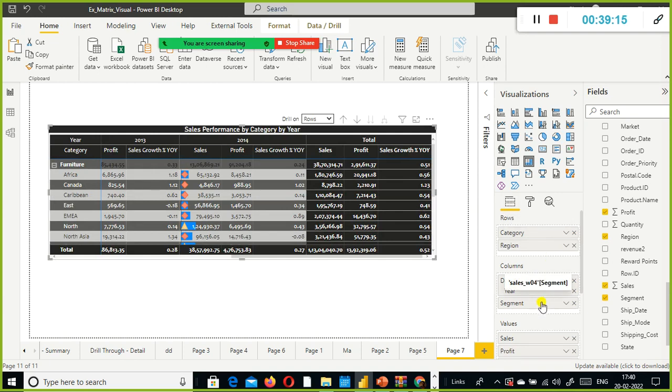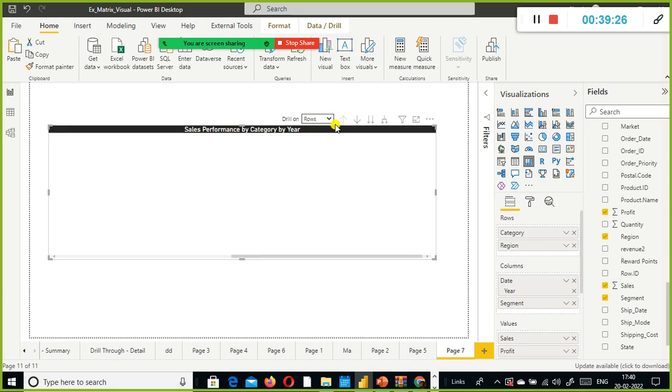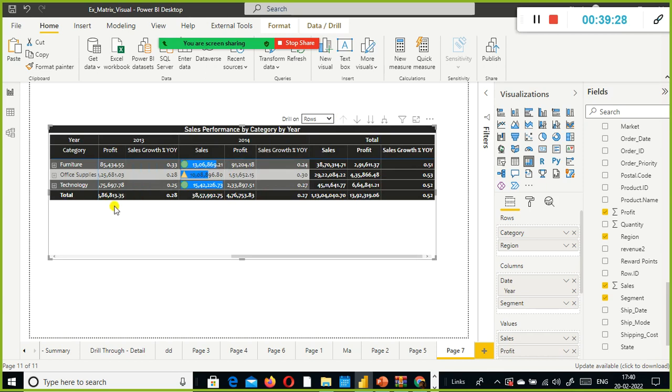So date, year, and segment, this is enough. And we can see the year, right? So year 2013, and category also we could see, under furniture, technology, office supplies, we can see that.